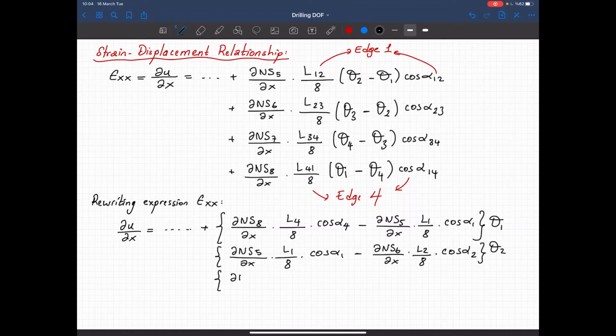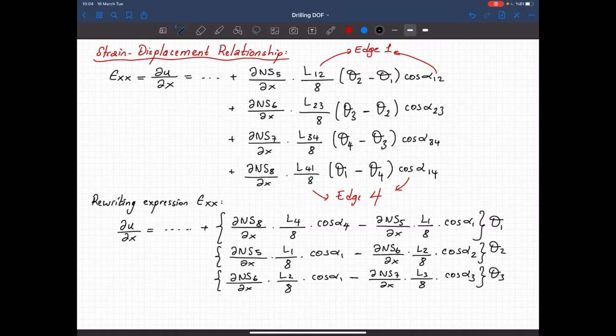Then if you continue, you'll see that this is Ns 6 over del x multiplied by L2 over 8 cosine alpha 2, minus del Ns 7 over del x times L3 over 8 times cosine alpha 3 theta 3,